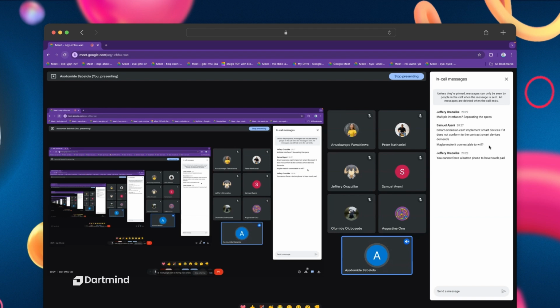How would you define that? So what do you mean by multiple interfaces separating the specs? Do you mean we have an interface to turn on, we have another interface to turn off, we have another interface to connect to Wi-Fi? If you can maybe just let me know what's